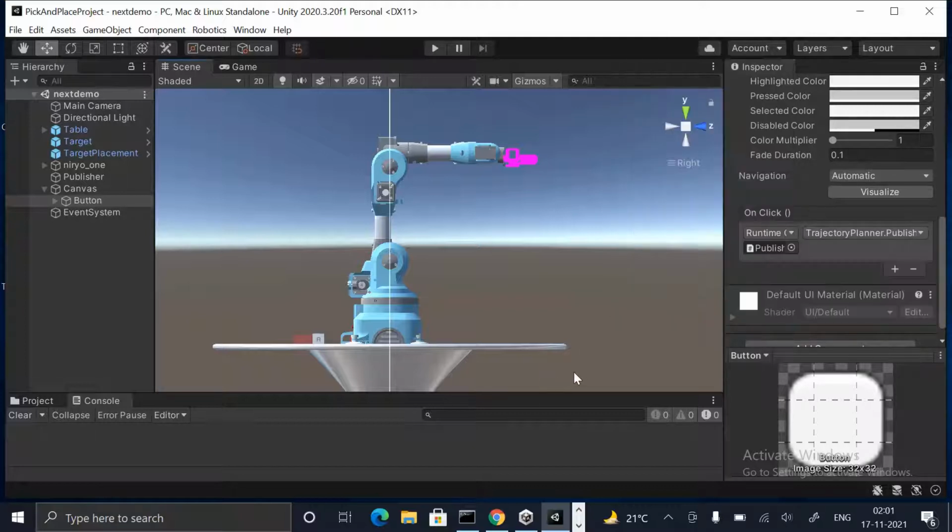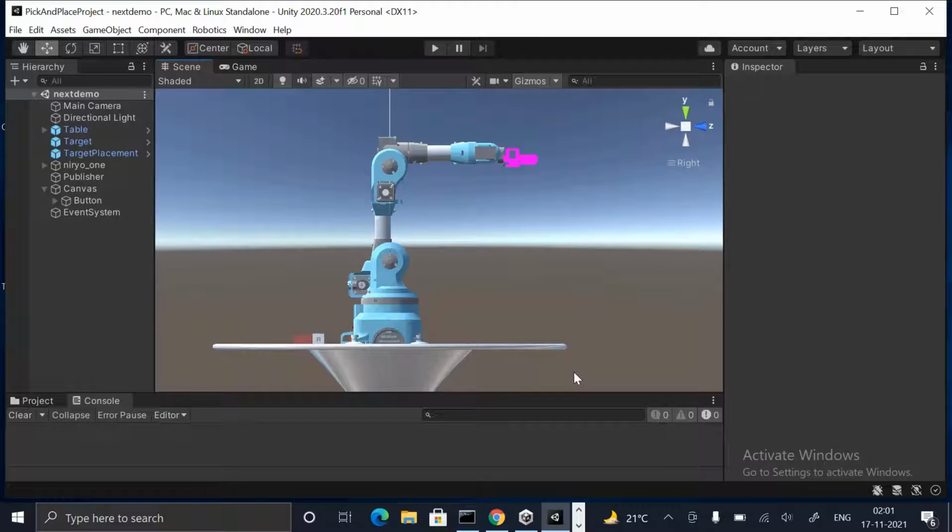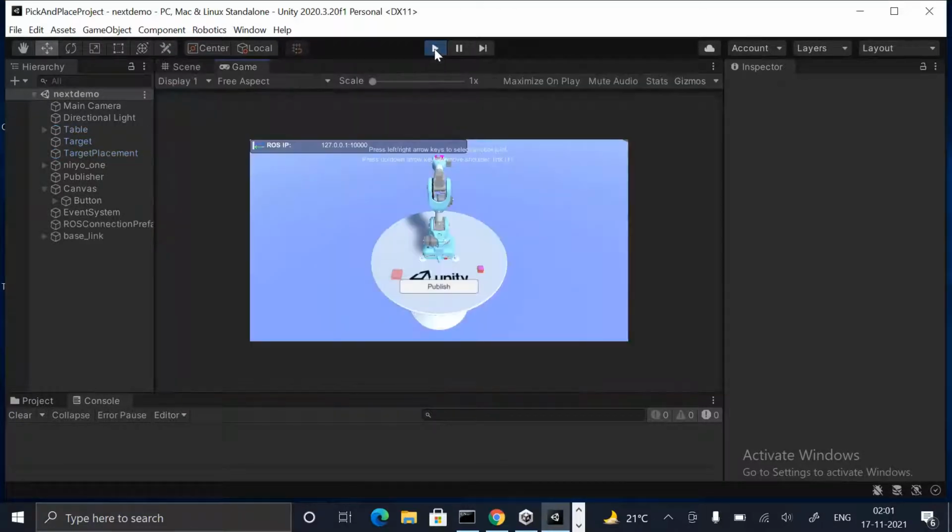Okay. So as this has been done, now what we can do is see whether this function will work or not with Unity with the ROS backend. So if we just hit play over here, now we are in the scene itself.